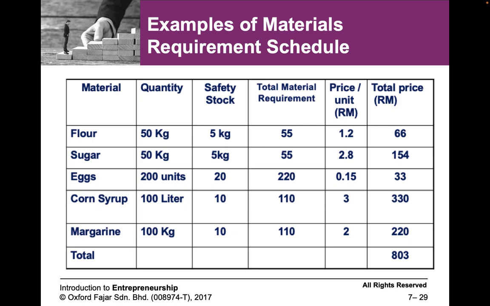Okay, 50 kilo of flour, and then you must have safety stock here. Safety stock is 10% of the exact quantity. So let's say the quantity is 50 kilo, the safety stock at 10% is 5 kilo. So why do we need to have safety stock here? This is due to